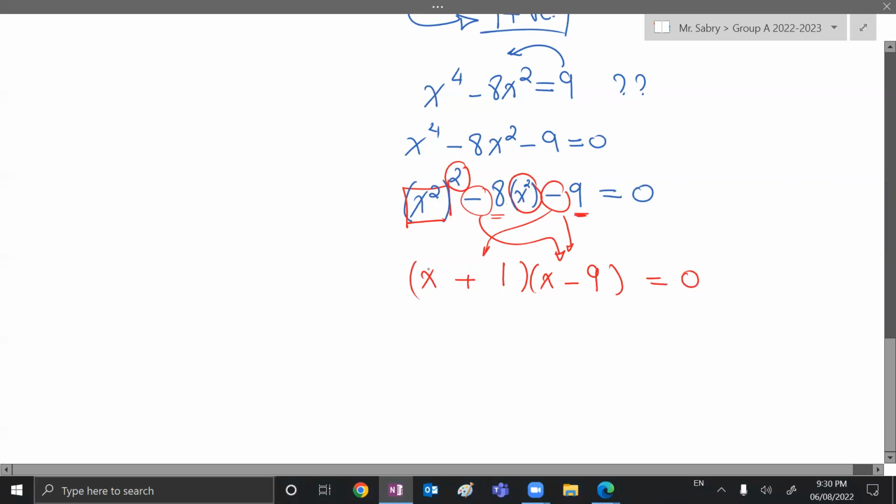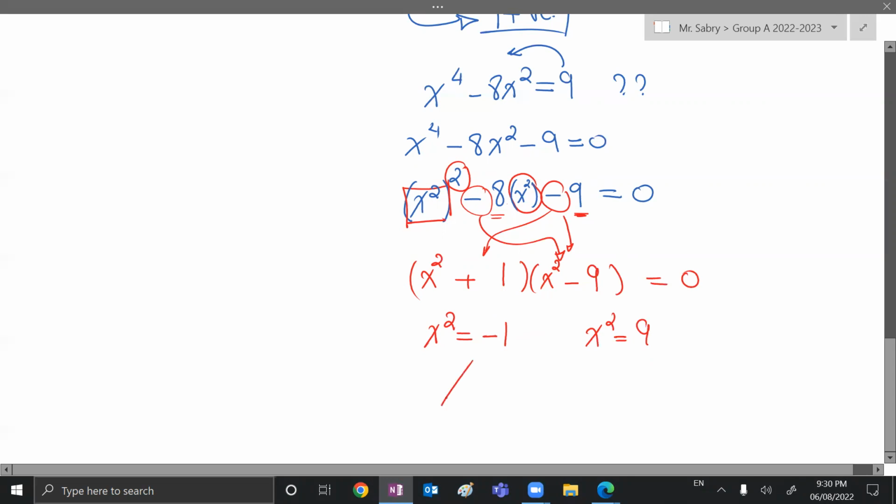الفكرة بقى إنها مش x، هي x باور 2. هو ده الفرق اللي ما بين الـ x باور 4 و x باور 2: رقم و x باور 2 و x باور 1 ورقم. So كأنك بالظبط عملت نفس الستبس، بس اللي انت طلعته مش الـ x، اللي انت طلعته دي x باور 2. فتطلع لي هنا x باور 2 equals negative 1 وهنا x باور 2 equals positive 9. Does that make sense؟